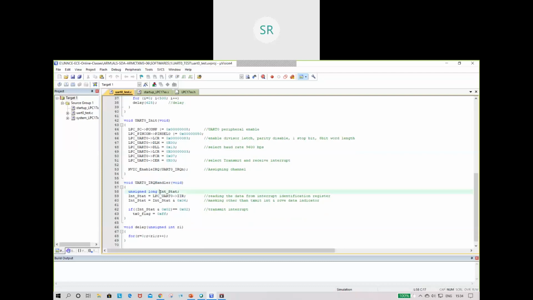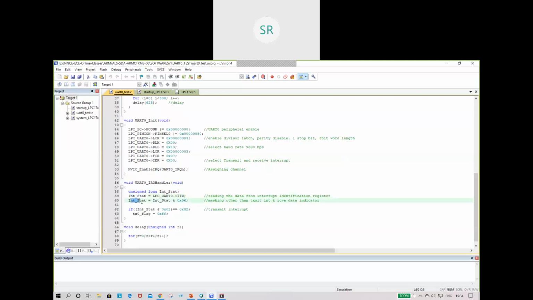Here I am taking a variable int sat, and its value will be whatever the value present in the IIR. IIR is the interrupt identification register. It will identify whether transmission or reception should be done. So the value present in the identification register will be stored in int sat.